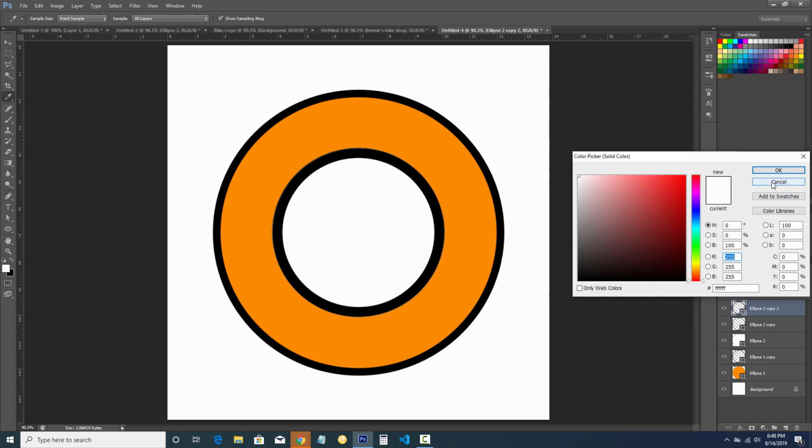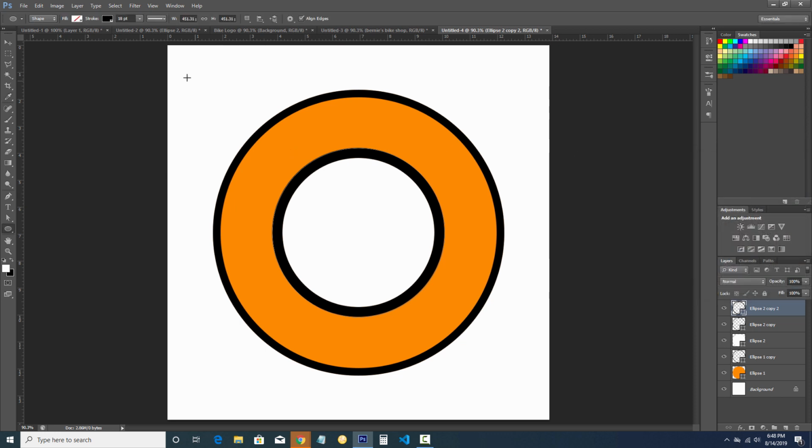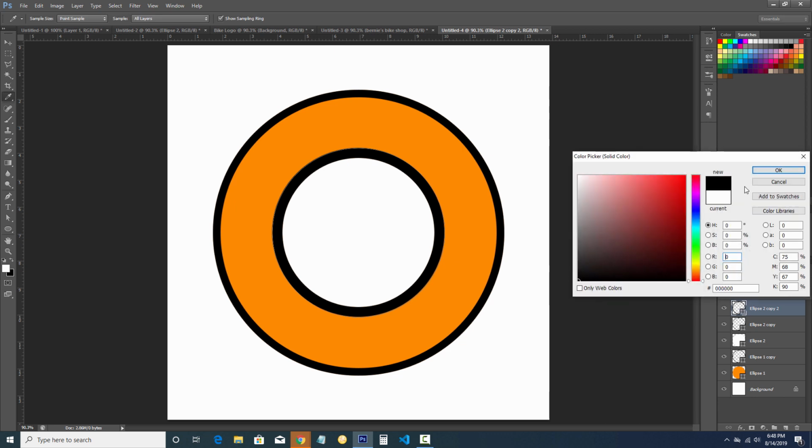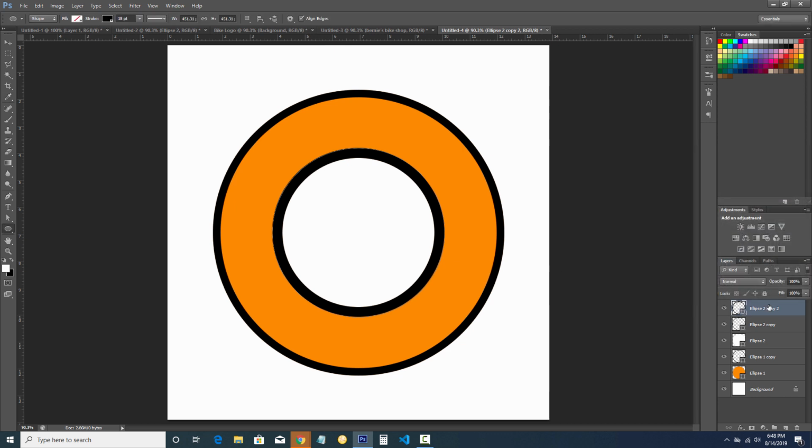Oh, it's already white. So we can actually, oh yeah, so let's, yeah, I don't know why it's already white. I mean, it doesn't let me change it here, but that's fine. We can go ahead and just change that here, and let's make that white. Okay,